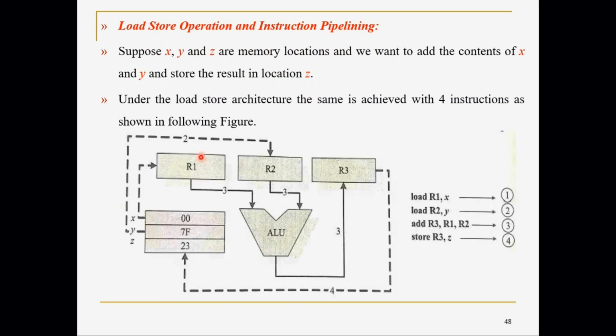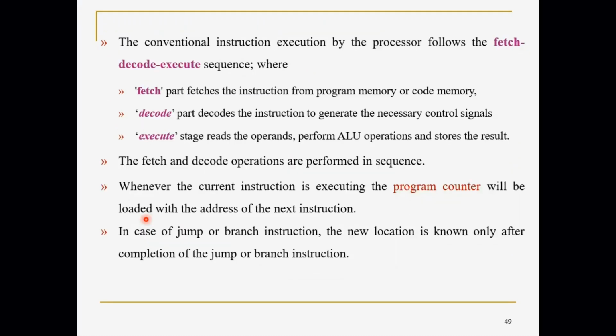So here they have given an example of how load store works. There is register 1, R1, and register 2, R2, and memory addresses X and Y. We have to load X and Y, then add X and Y and store it in the address Z. So we load X into R1, then load Y into R2, then apply the addition operation on registers R1 and R2 and store that data in R3. Now R3 is the sum of X plus Y, which we store into Z. So we didn't directly apply the addition instruction on X and Y; instead we loaded them into R1 and R2 and applied it. This is how load store works.